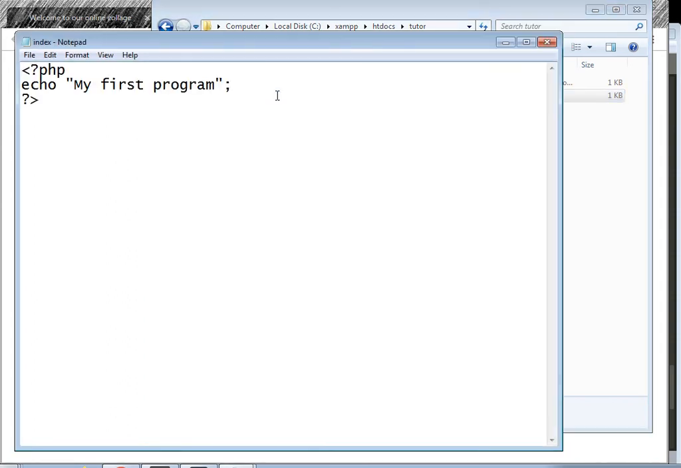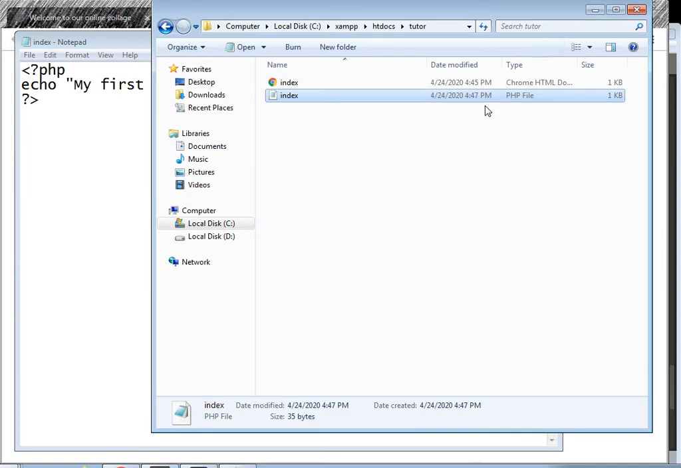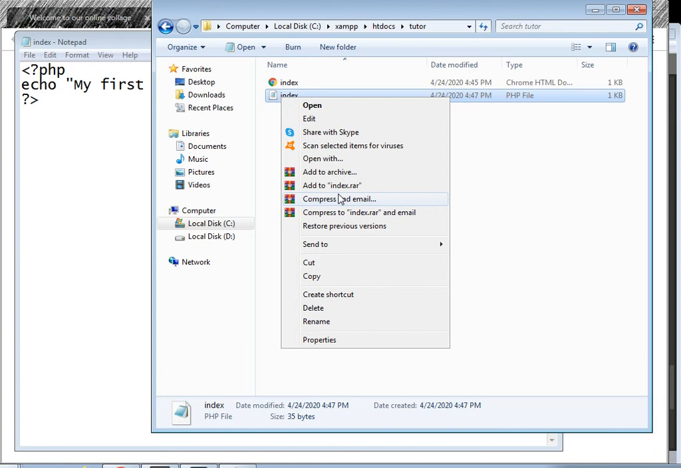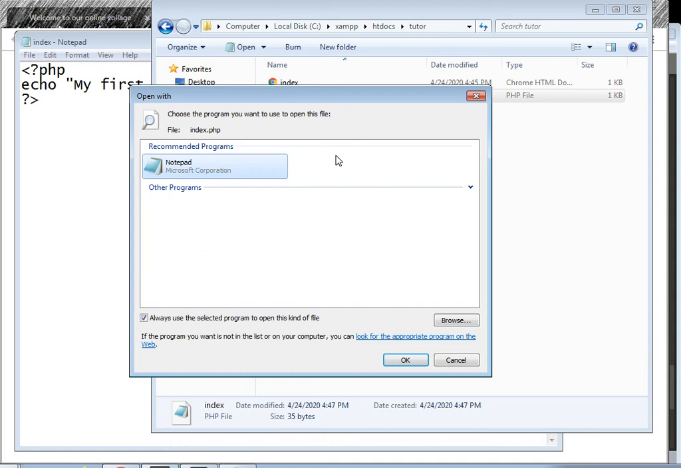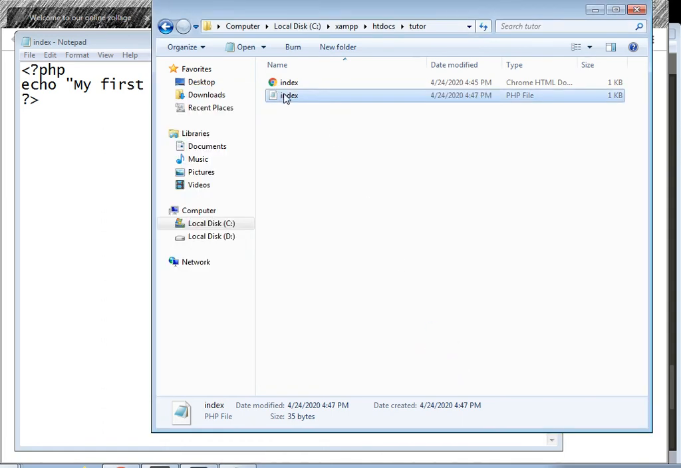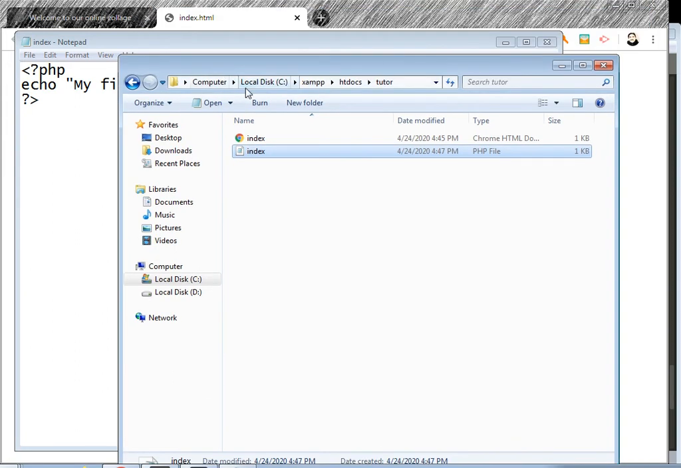Okay. It is not opened with the browser. It is a text file. It is a PHP file, but I will open it with some browser, right? Okay, there are no browsers. Okay, so this is a PHP file. This is our C drive, XAMPP, htdocs, and inside the tutor folder. How can I